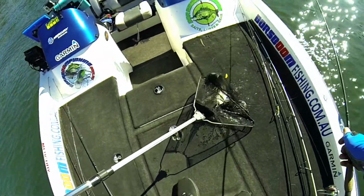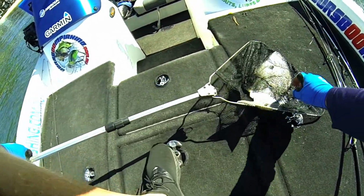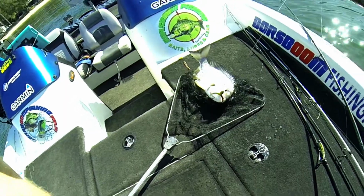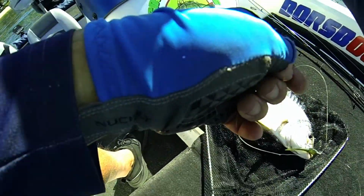Welcome, ladies and gentlemen, to tournament style fishing, and that was the change up we needed right there. That was a beautiful change up, and there's got to be more of them too. So we went through the whole thing, right? You know, we changed the color, didn't work. We shortened the bait up, we made a modification, first cast, and